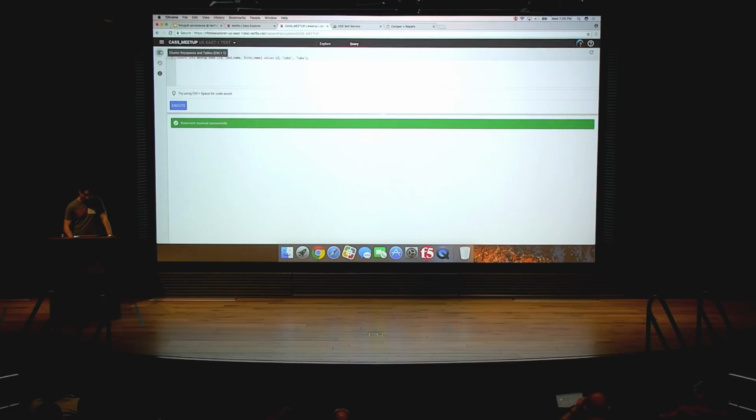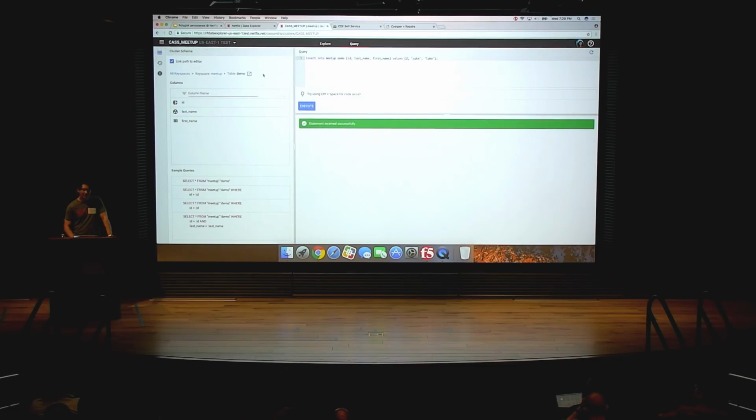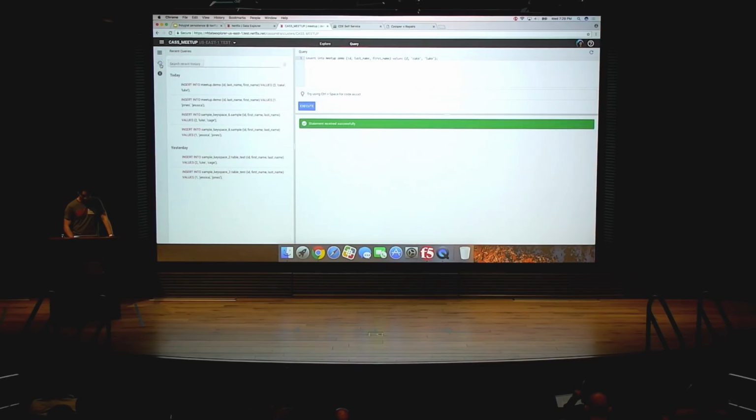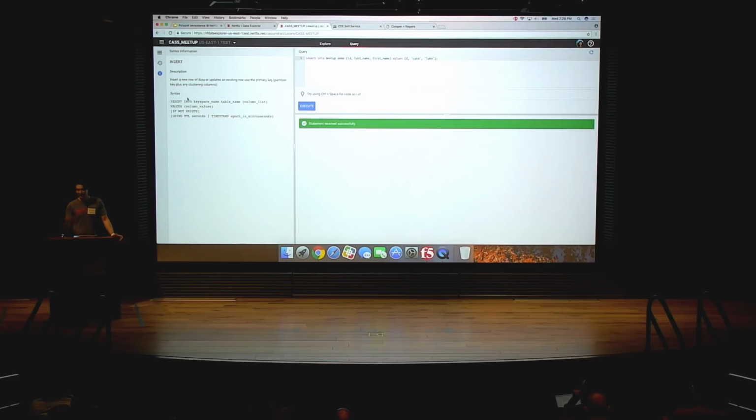and then we can go and play with that data a little bit as well. So over on the left-hand side, we've also given you more of an IDE-like experience. So you can kind of link this properties pane on the left to the table that you're interacting with, so you can see the schema definition, what available sample queries there are live while you're writing your queries, as well as a history of recent queries that you've been playing with, as well as online documentation. So for instance, if you're doing an insert and you can't remember the exact syntax for, say, using TTL, we've got some online documentation that you can refer to at the same time.